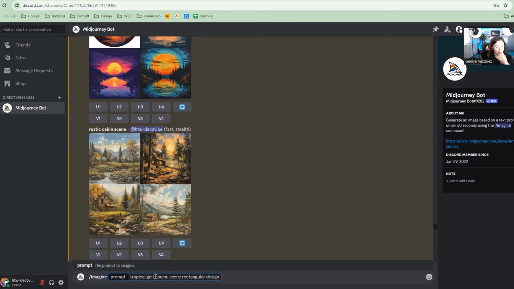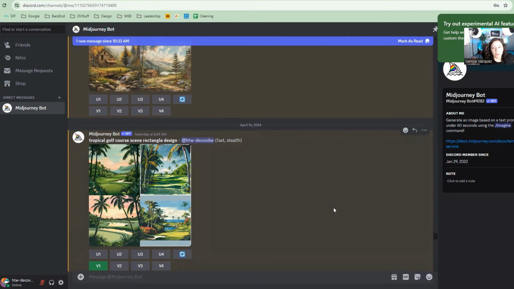design. All right, then you hit enter, and then it's gonna generate, as you can kind of see on my screen here, I looked up a rustic cabin scene. It's gonna give me 4 images that I can either get another version of each one of them, or I can choose one, and what the U is upscale it. So we'll hit enter here. So it takes a minute to render what I need, but you'll see tropical golf course scene,